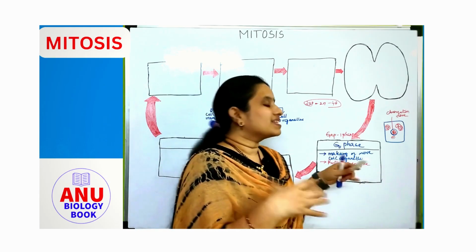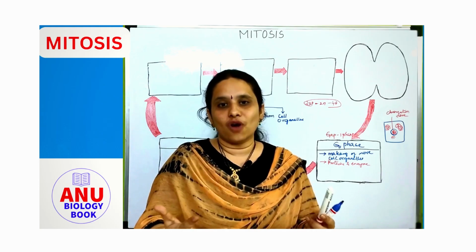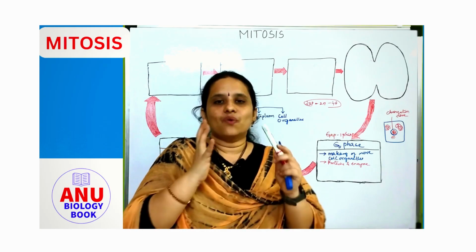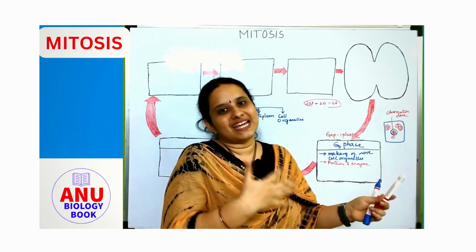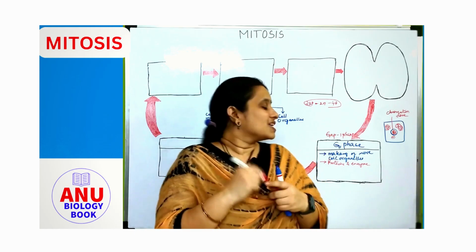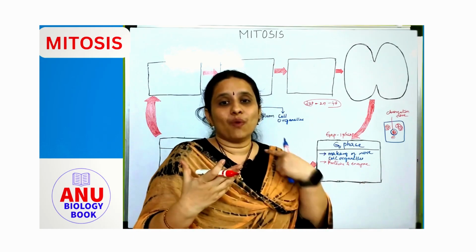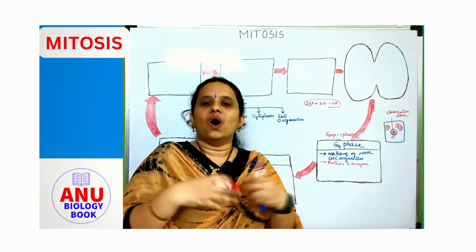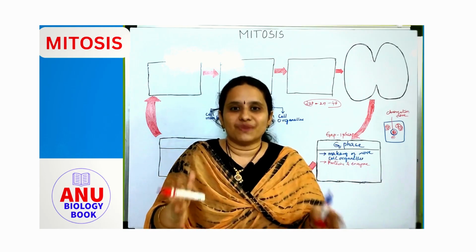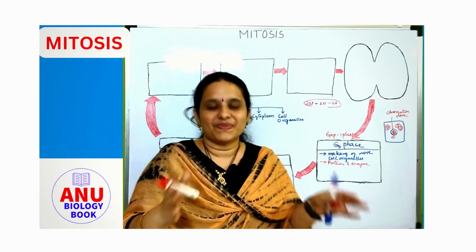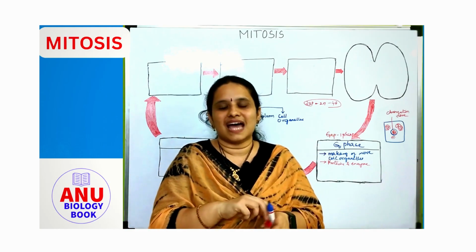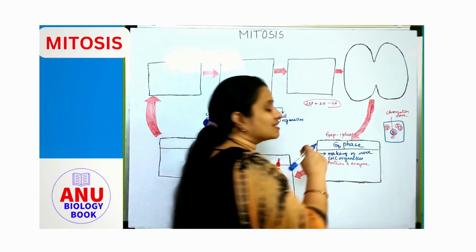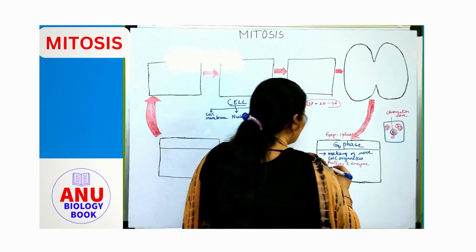In the same way, for the division of the cell, many proteins and enzymes are involved. So the cell has to get ready with all the proteins and enzymes. These are the ingredients for the division of the cell. The proteins and enzymes required for DNA replication, the division of the nucleus, and the division of the cytoplasm all get ready in the gap 1 phase. This is the next important thing that happens in the G1 phase. And the next important thing that happens in gap phase 1 is